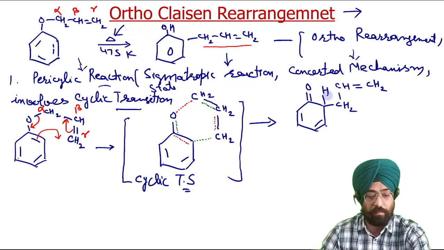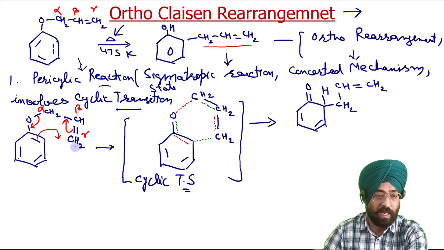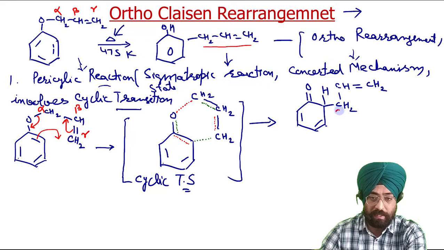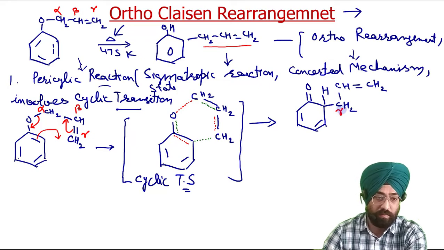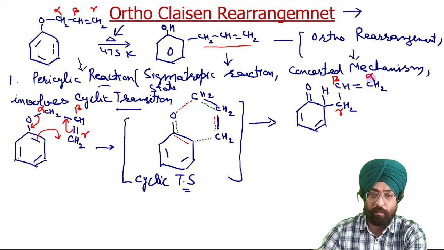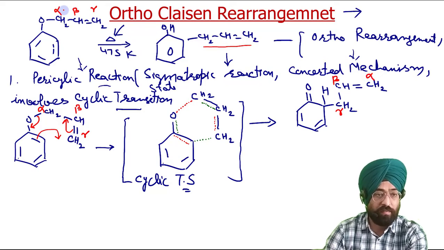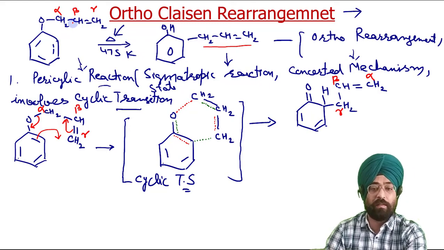Now let us write alpha, beta and gamma positions where these atoms have shifted. So this was your gamma carbon. Now this gamma carbon has attached to carbon, so this was your beta, so this is your alpha. So basically it is not the alpha carbon that gets attached here, this is the gamma carbon that gets attached here, and this bond has been shifted from this place to this place, so it means inversion is taking place.